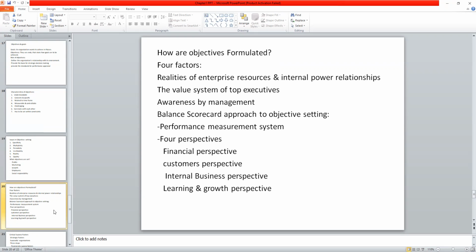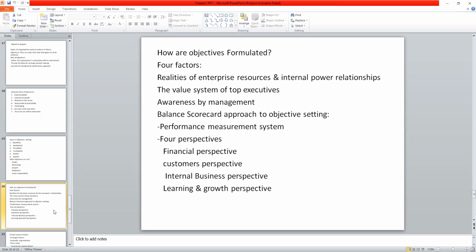Now, this balanced scorecard approach includes four perspectives, or you can say four dimensions, with the help of which the company thinks of assessing or measuring the performance in totality of the organization. If we consider the financial aspect or the financial perspective, financial measures due to strategic intent of the organization.